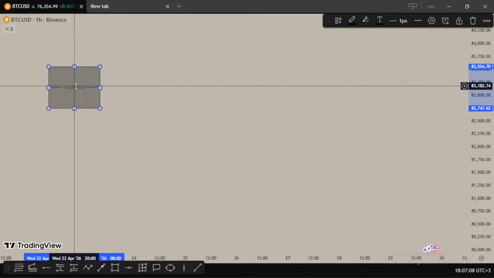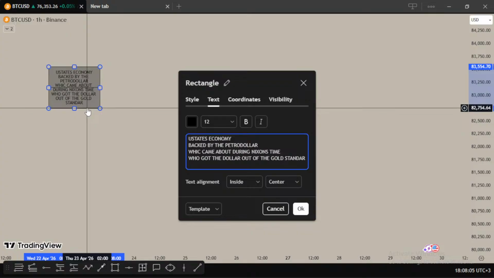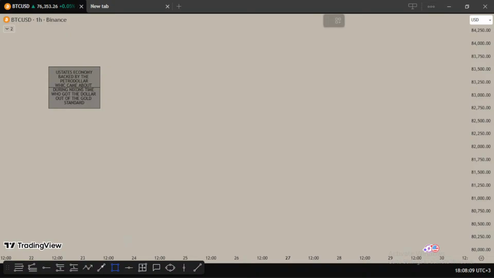We have the United States economy backed by oil, the petrodollar, which came about during Nixon's time, who got the dollar out of the, what is this called, gold standard,